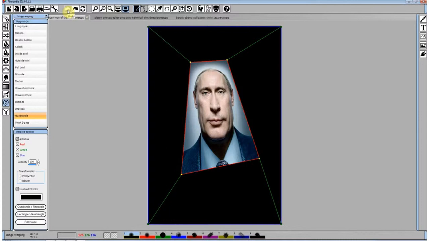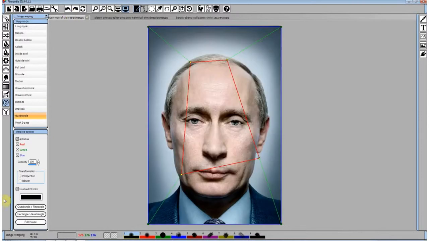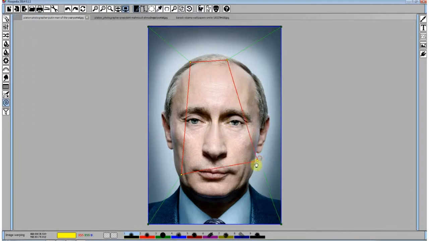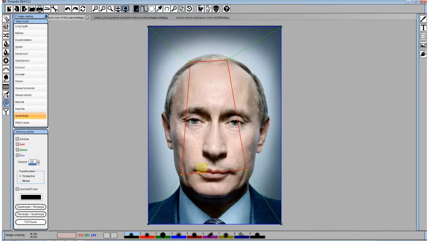Here we will undo this and we will use full house warping, which will perform a rectangle to quadrangle, actually to 5 quadrangles here, middle one and 4 surroundings.